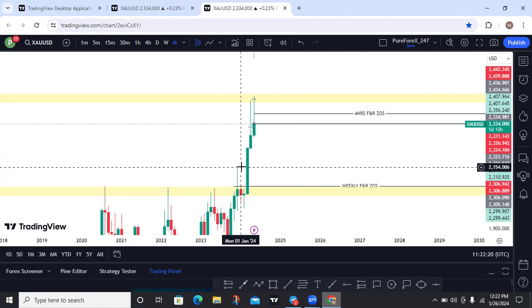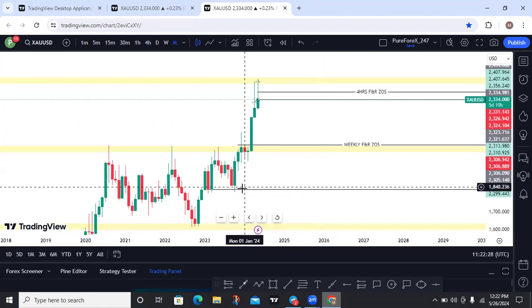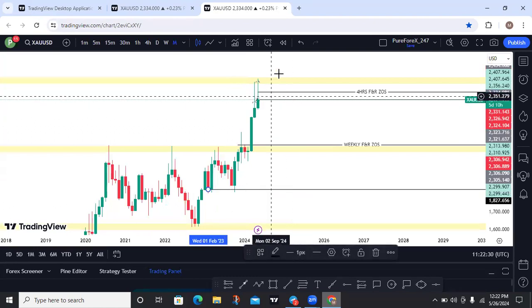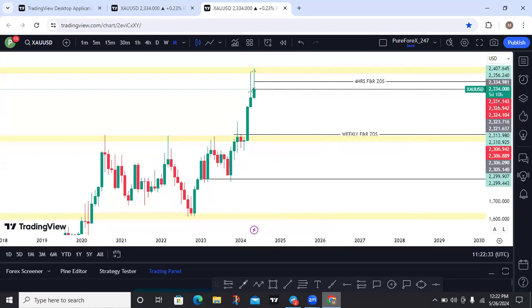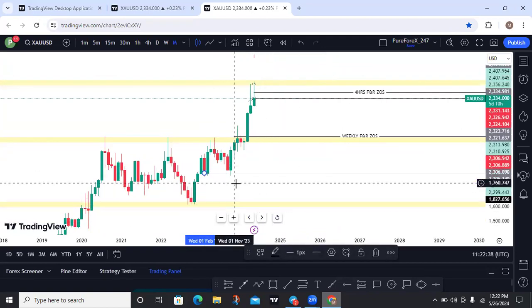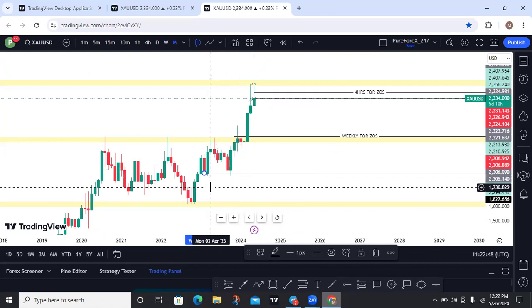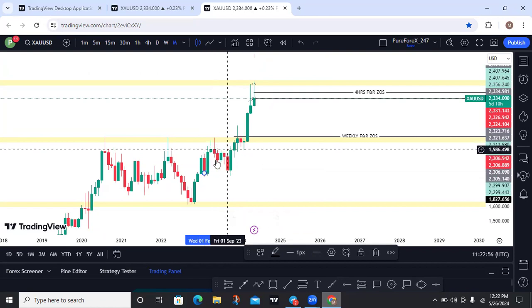So using zone of sensitivity in this analysis, we're already in the monthly time frame. In a monthly time frame, we have our lower zone, we have the middle zone, and we have the upper zone of sensitivity. So this zone of sensitivity actually guides us and helps us to know the direction of the market. And also, we use this zone of sensitivity to predict where market can possibly retrace or reject from.